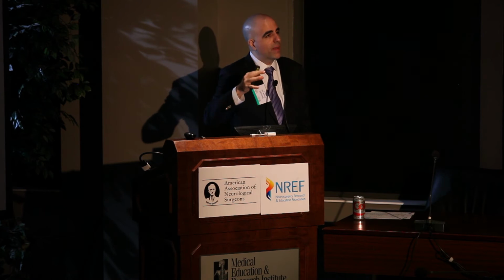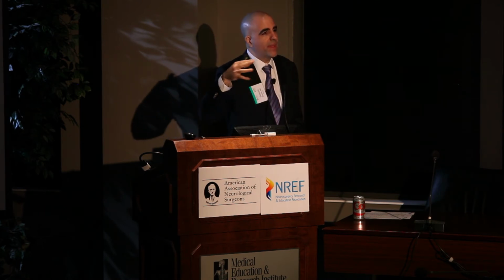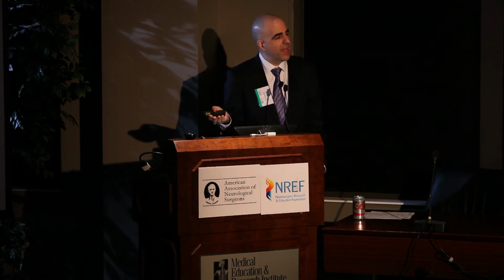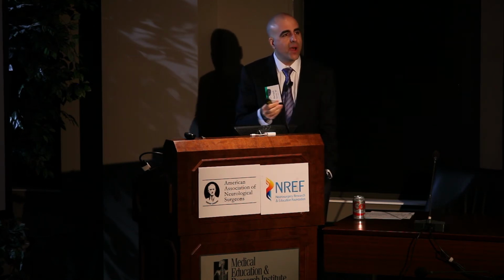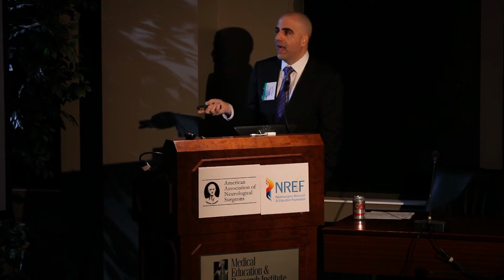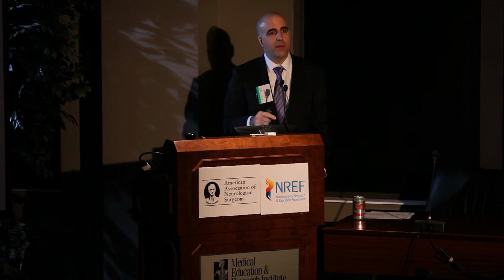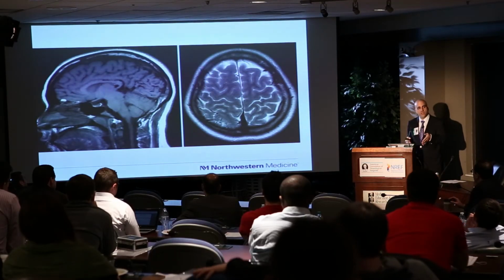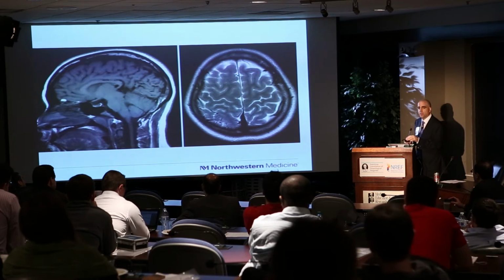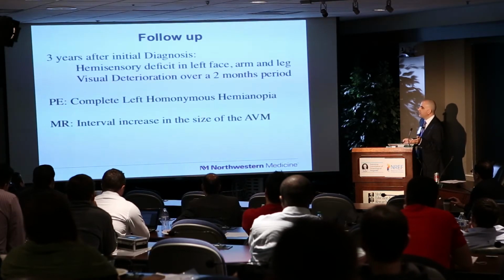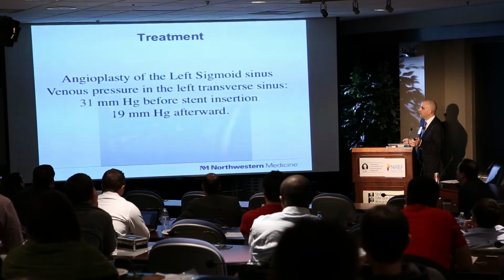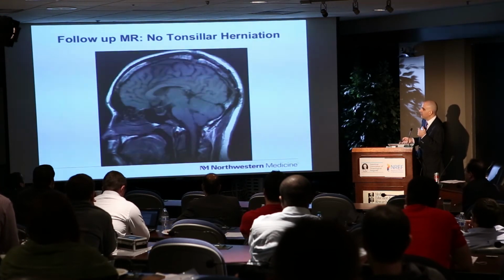And after her second or third embolization, I came up to the ICU and she was slipping into a coma. She was becoming unresponsive, and there was no hemorrhage on the CAT scan. Scratching my head, I looked at the MRI and she had a Chiari. I looked back at the angiogram, and this was something that wasn't picked up. She had an occluded IJ on one side and a highly stenotic IJ on the other. So we said, well, she's basically going down the tubes from high ICP. We took her down to the angio suite and stented her sigmoid sinus.